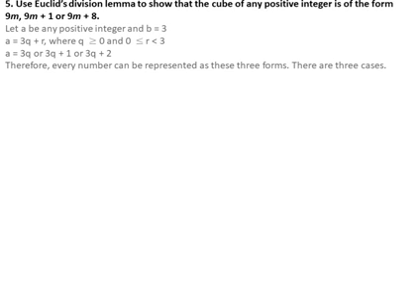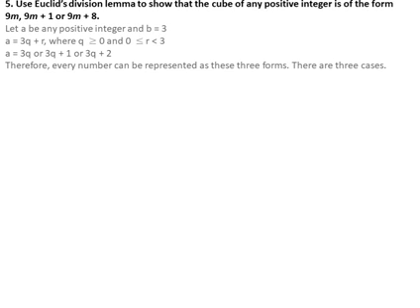When I get the multiples of 9, 3 × 3 × 3, I will get 27. I will take 9 as common. Then 6 × 6 × 6, then 9 × 9 × 9. Here, in all of them, I will take 9 as common. I will take b = 3. Therefore, a = 3q + r. 3 is multiplied with the quotient, and we will get the remainder. Our remainder is 0, 1 or 2. Totally we have 3 cases.